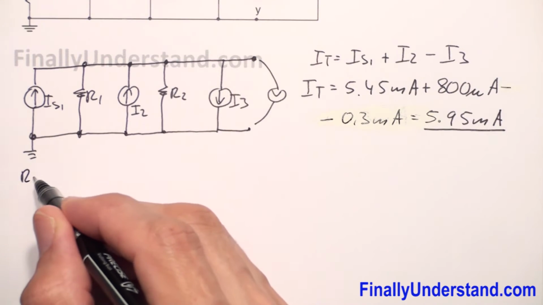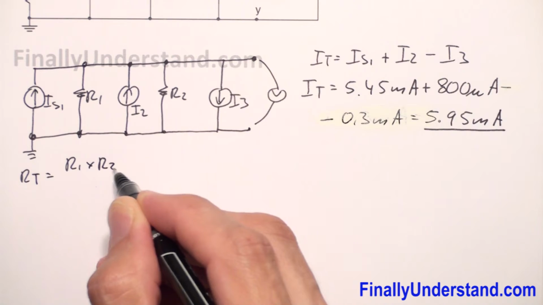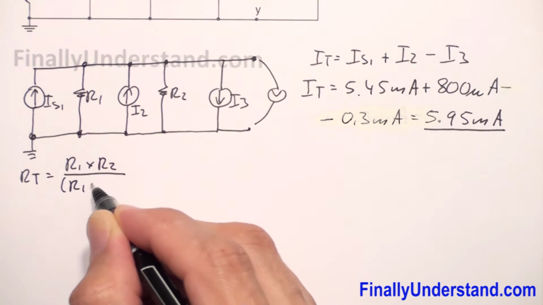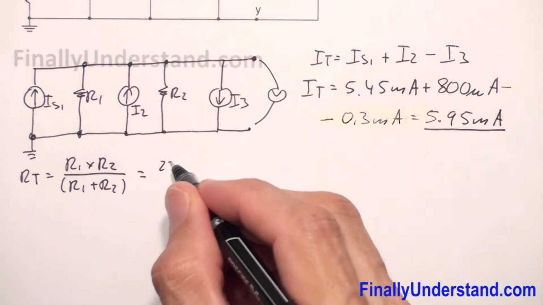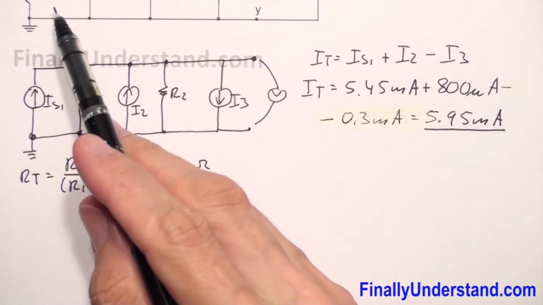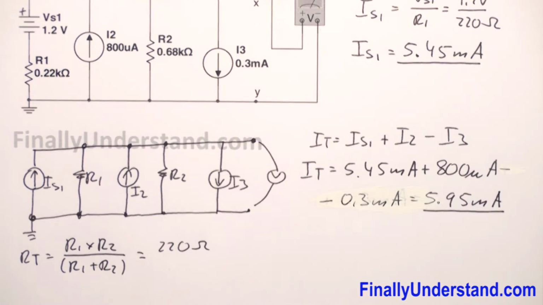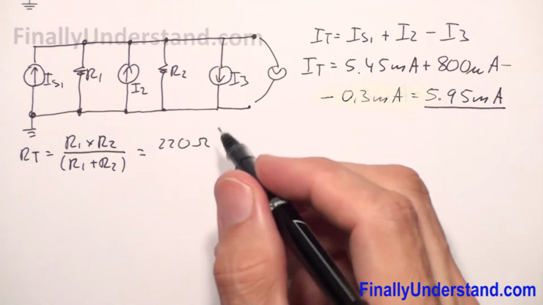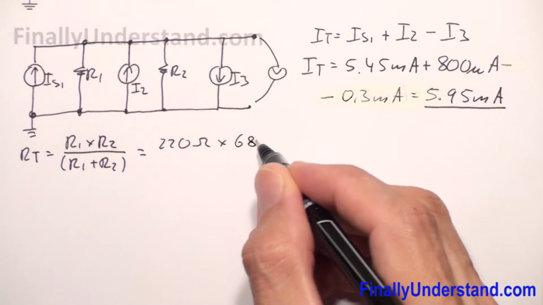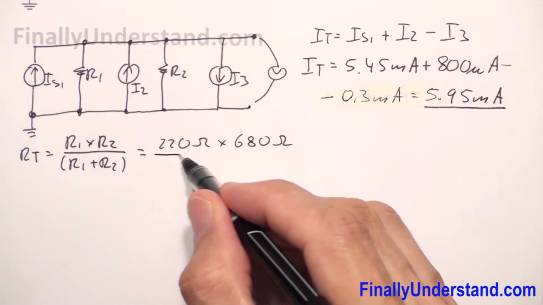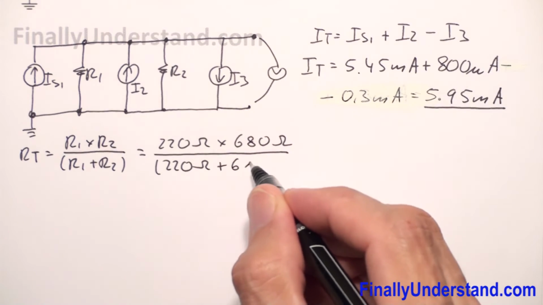So simply write that R total is equal to R1 times R2 over R1 plus R2, where R1 is equal to 220 ohms, because 0.22 kilo ohms is 220 ohms, times R2, which is equal to 680 ohms, over 220 ohms plus 680 ohms,